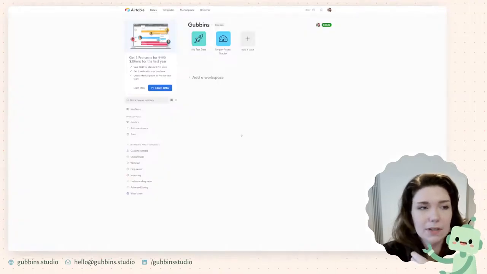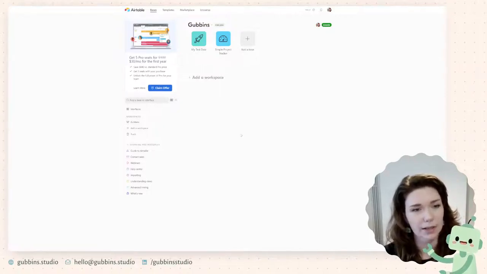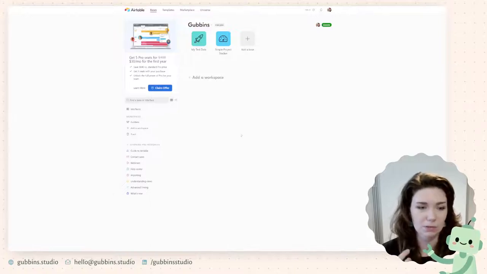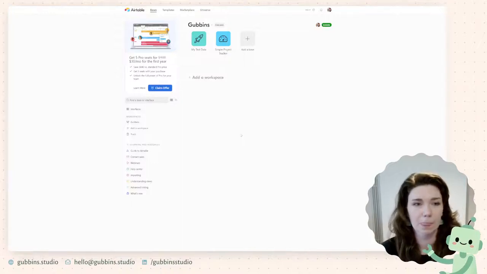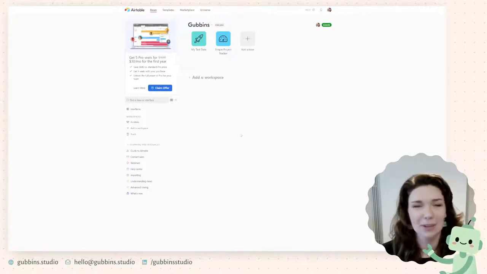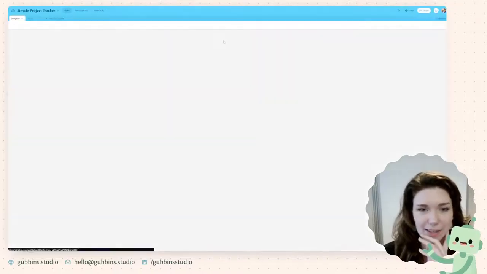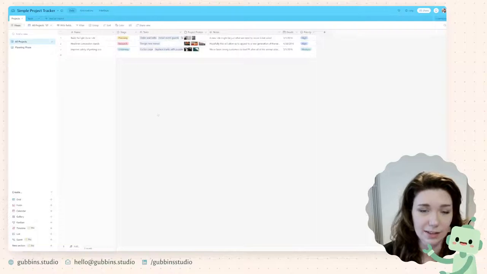So Airtable is another one of those tools that you hear about a lot, but you might not know that you can also use it for project management. I have mostly used it for databases, so storing data and then being able to pull them into other places, but you can within Airtable also produce the same views that I was looking at before, so I thought it'd be helpful to come in and evaluate it. So you can see I've made one here earlier, simple project tracker, and this was from a template, so they've already given me a couple of things in here to share.